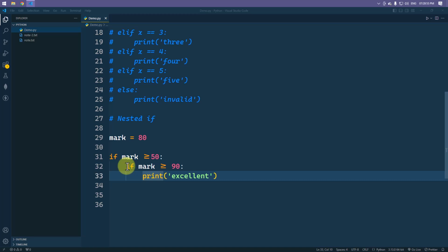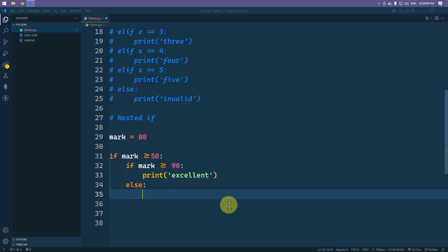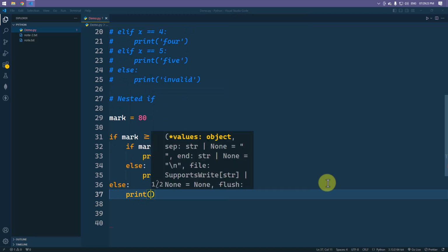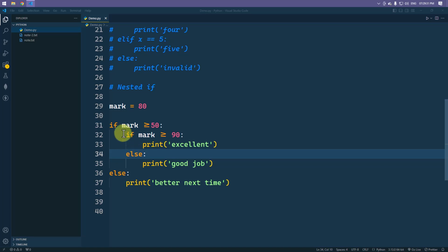Now this nested if statement can have its own else part. We can print good job. Now we can have the else part of this if statement. So here we can say else, we can print better next time. So whenever the mark is greater than or equal to 50, then this